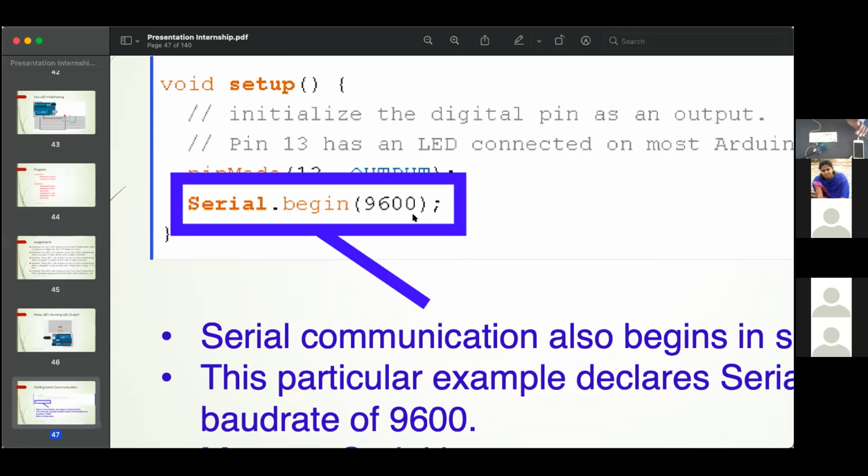You can go for a higher baud rate also. If you are selecting a higher baud rate, at the receiver end your baud rate should be the same. So if the transmitter is sending the data with the baud rate 9600, your receiver should collect that data with the baud rate of 9600 only. Getting this? Then only there is a communication. If the baud rate does not match, then there is no communication between those particular devices.